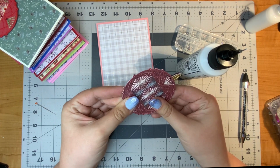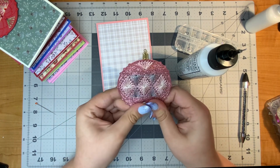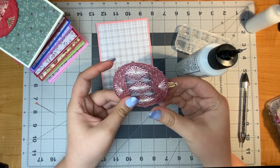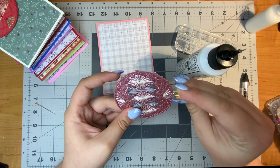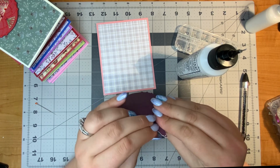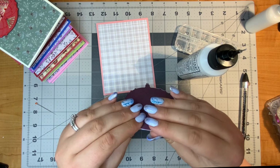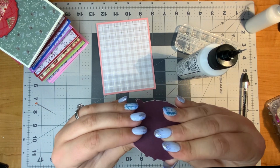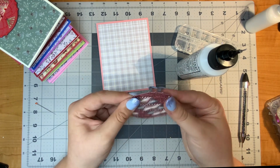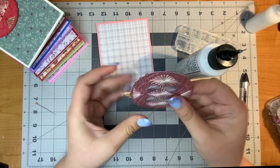So I just kind of take it in my fingers and I'm just kind of pinching like a little lobster pinch around the edge to make sure that it's sealed, and just kind of rotating, pinching, adjusting if needed. Again, I used a little too much glue on the top, but yeah, it'll be fine. Lining everything up is really the key here. That glitter paper to me is just stunning. I just bought a pack of glitter paper from my craft store here in Minnesota, and I just love every color of it. It's so pretty. Anyway,